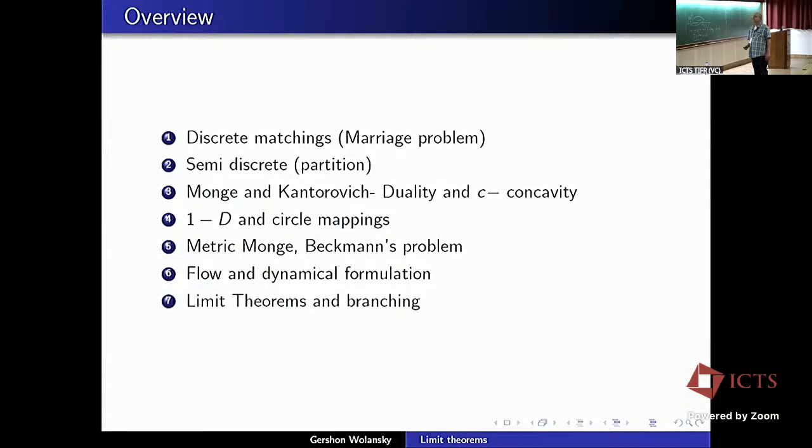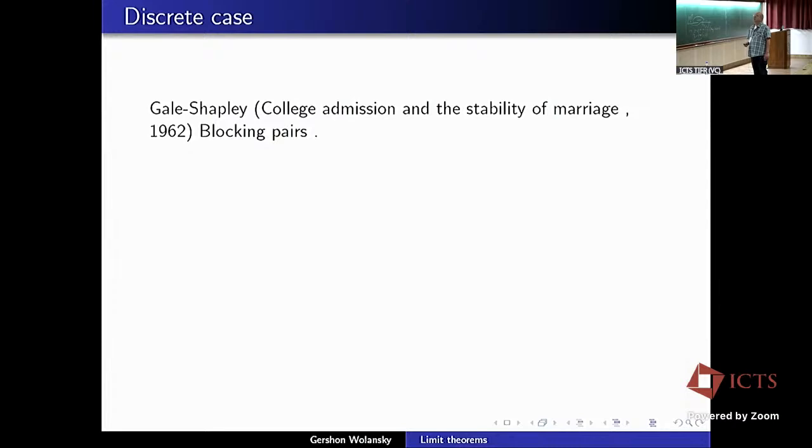Anyway, let us start with the discrete case. Gale and Shapley, in 1962, published a paper which is called College Admissions and the Stability of Marriage. What does this have to do with our subject? So, what is the marriage problem? Suppose we have